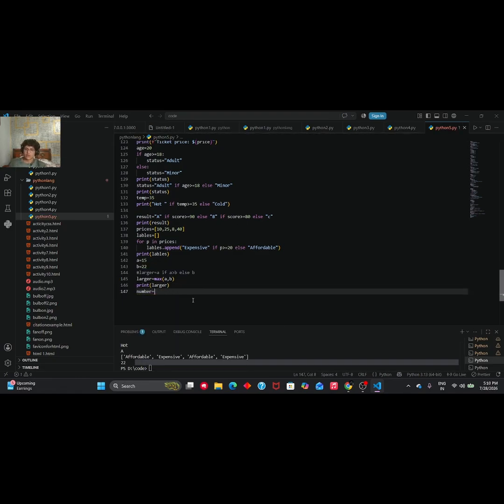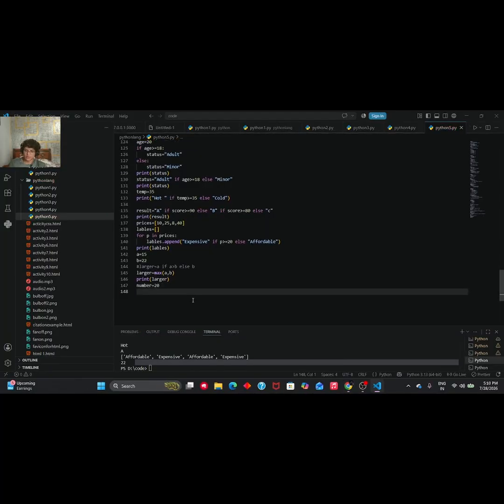Number is 20. Result equals even if number modulo 2 equals 0,